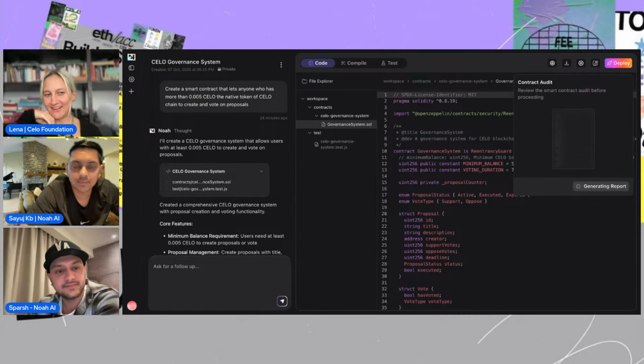And then basically another question, just to understand how far the functionalities go, because I know you're on Solana. Could I build a cross-chain app using Noah AI and say, deploy this on Celo? I know you need to use Rust for Solana, but could I basically have my front end, and then one smart contract on Celo, one on Solana, and then tell it, okay, go multi-chain? Or is that already possible? Yeah, I think what you can do is, let's say, for example, for a lending protocol, right?